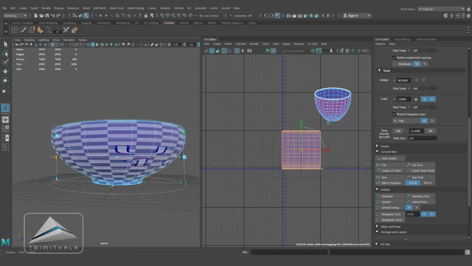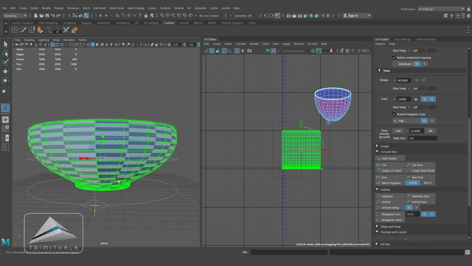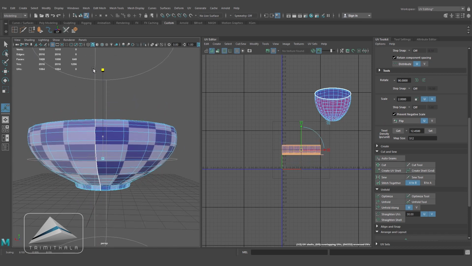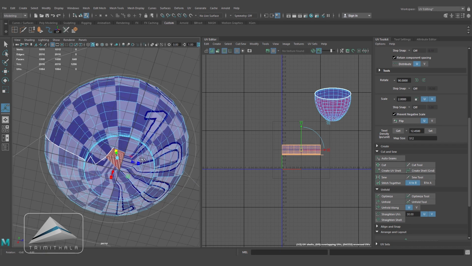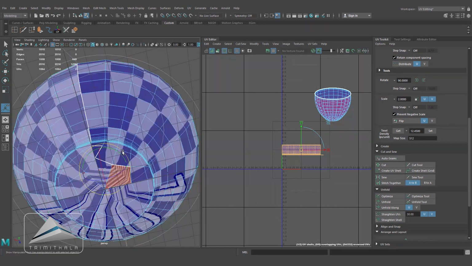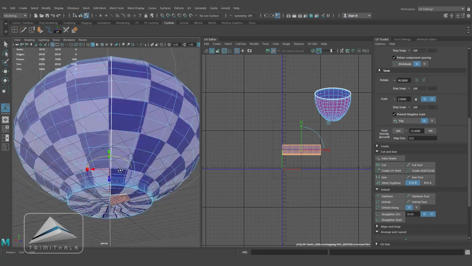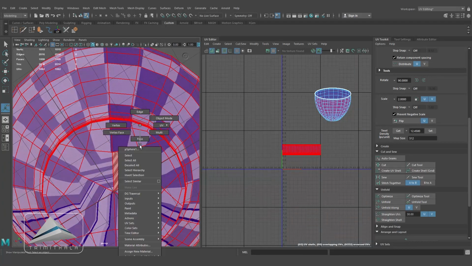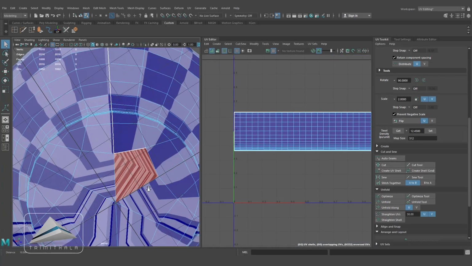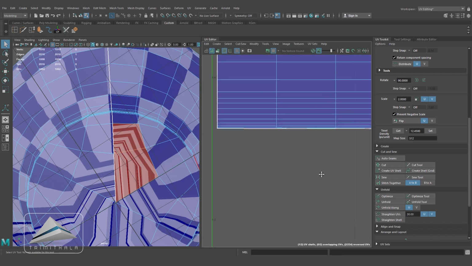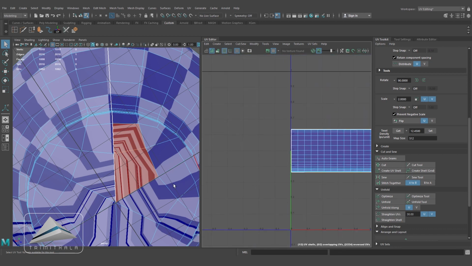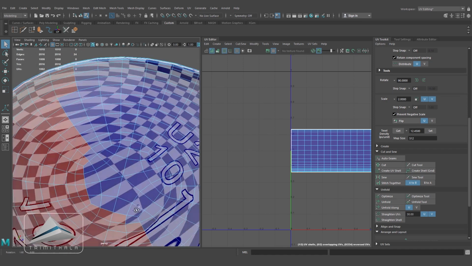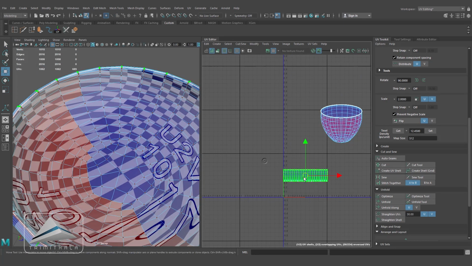Complete the 360 degree, clicking on this cross and then scaling the checker boxes to make it even. And you can see the seam is not straight at the bottom. So what I am going to do, I am selecting this edge and cut it, and selecting this edge and sewing it, and now you can see it is straight. Selecting all the UVs and keeping it aside.